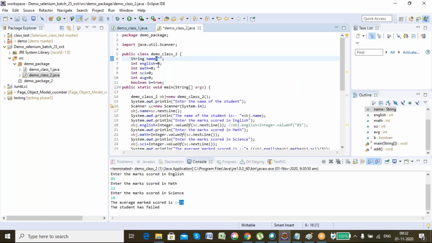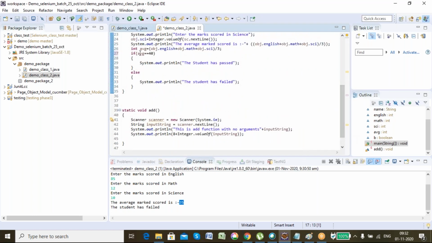which we are giving for assigning the values. Every time I'm assigning a value, I am giving single equal to. And what is double equal to? Double equal to is used when we are comparing two numeric values or two characters. Remember it, the difference between single equal to and double equal to: single equal to is used for assignment. Double equal to is used for comparison. But always remember, you cannot compare string with double equal to.